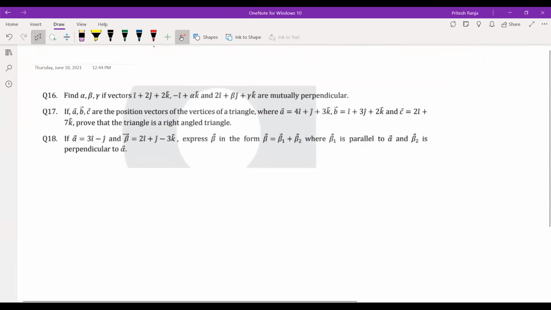So I'll give you the ideas. Find alpha, beta and gamma if vectors these are mutually perpendicular. They are mutually perpendicular, means if you take the dot with any one of them, that dot should be 0. तो चलो ये वाला क्वेश्चन मुझे अभी करके दिखाओ, because we have done many questions similar to this one. If I give you the information कि कोई भी दो vector, if they are perpendicular, you should be able to conclude that their dot product between them is 0.